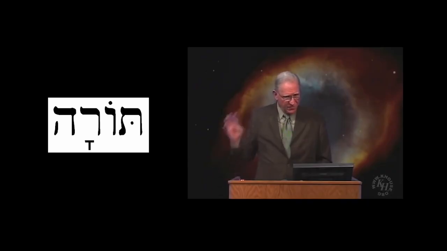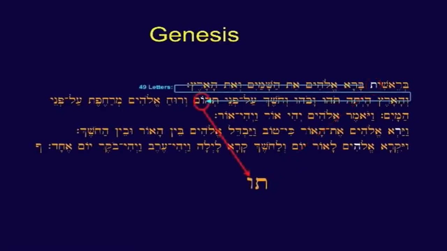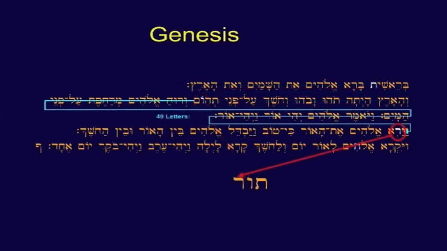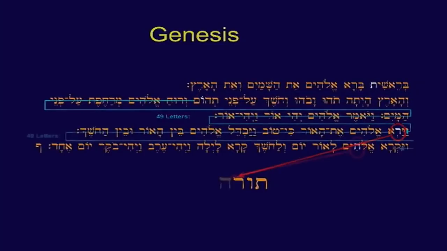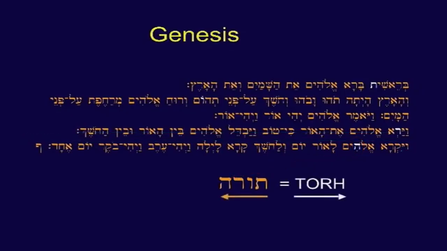And so one of the Kabbalistic discoveries that a guy by the name of Weissmandel discovered after World War I, he lived between World War I and World War II, and he rediscovered something the Kabbalists had dealt with. The word Torah is 4 letters in Hebrew, the equivalent of what we would call a T, O, R, and H, a Tau, Vav, Resh, and He. And if you go to the first Tau, and you count 49 letters, 7 squared, you get to a Vav. You again count 49 letters, you get to a Resh. And you count another 49 letters, and you get a He. And that happens to spell Torah. Bear in mind, as I say, we write backwards compared to them, but you get the idea.